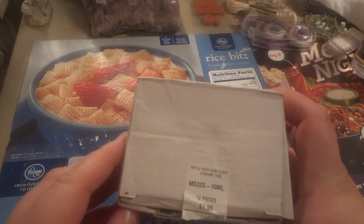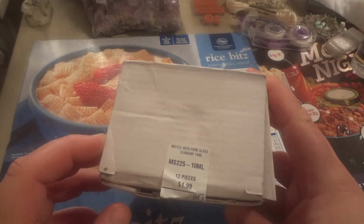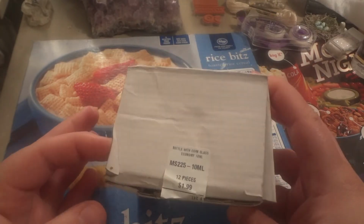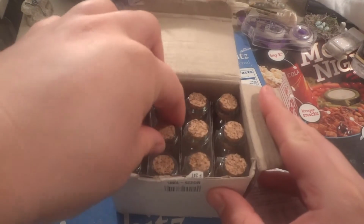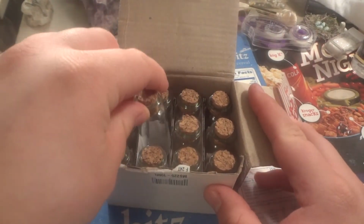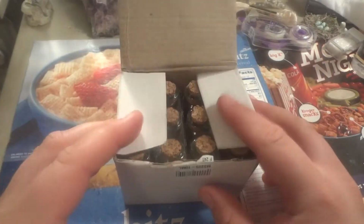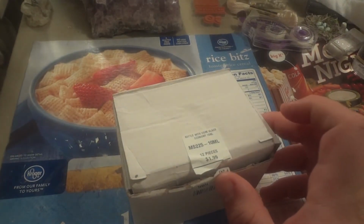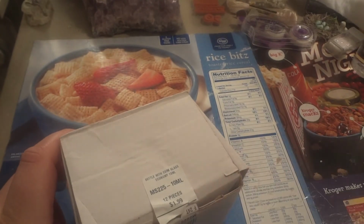My mom picked these up for me a couple months ago. She got them at Shipwreck, and they're 12 glass bottles, and the price on it is $1.99, but I believe with as many boxes as she bought, the price broke down to like $1.50 or something like that. So that wasn't a bad deal